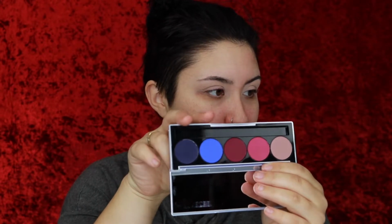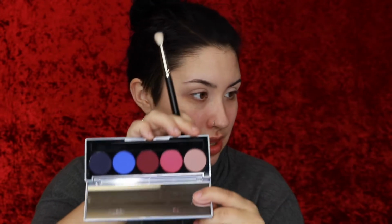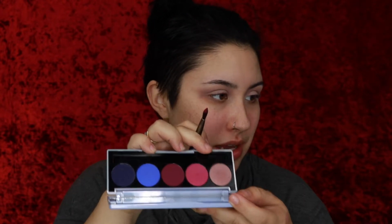In my brain, I'm thinking I'll use the pink and the two blues on the lid and then maybe do the maroon on the lower lash line. To start, I'm gonna take this Japanesque blending brush and this taupe color. Do they have cashmere? Wait, I'm confused. I don't know. It's this shade right here. Alrighty, next I'm gonna start with the pink. So I'm just gonna take some sort of brush. Just gonna take a pretty large shadow brush, and then I'm gonna take this pink shade here, and